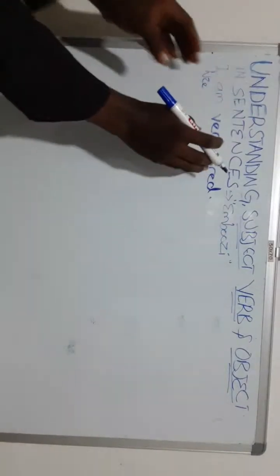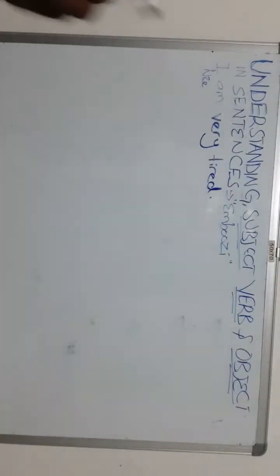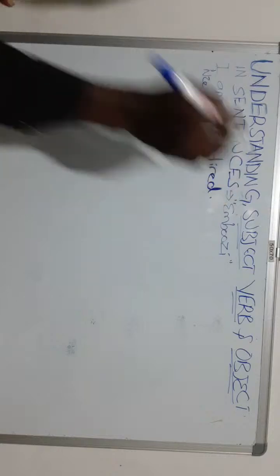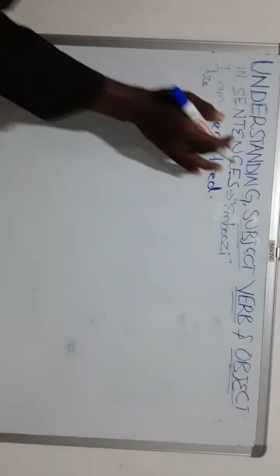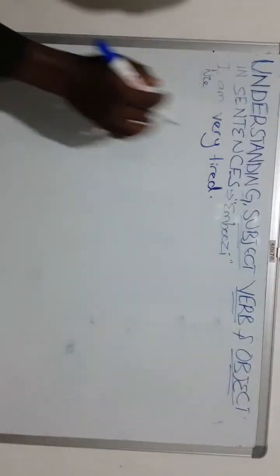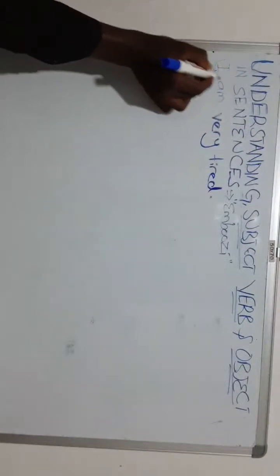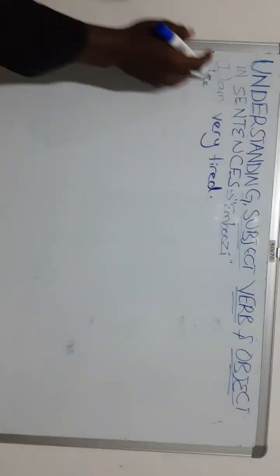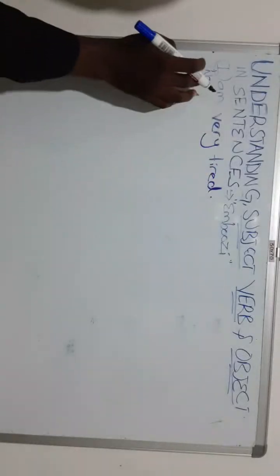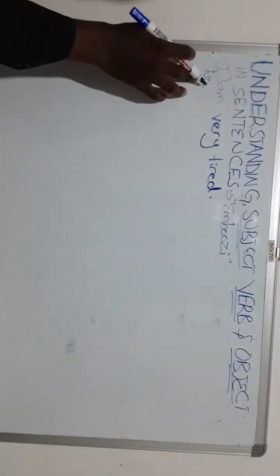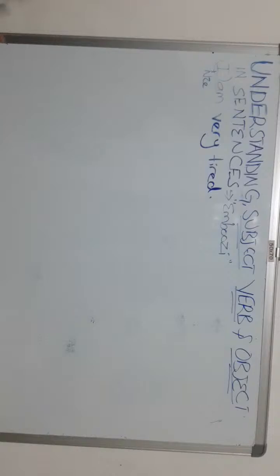So mu sentence yange oba mu emboozi yange eno, subject ye muntu omukulu oba kyekintu ekikulu kye mba njogerako mu sentence. So for example, in this sentence I have I am very tired. Subject yange egenda kubeera I, nze. I am very tired. So my subject is I. That is the subject. What is the verb?